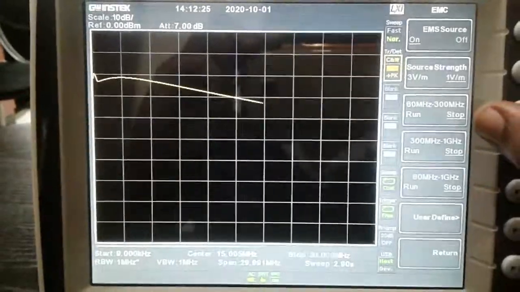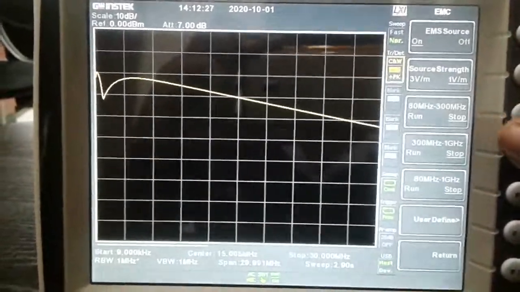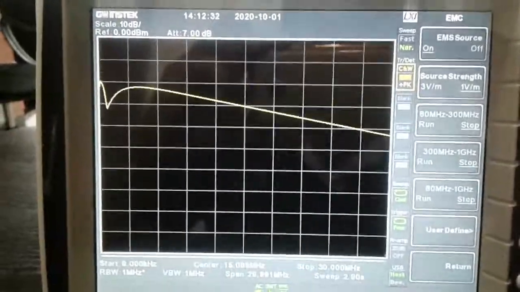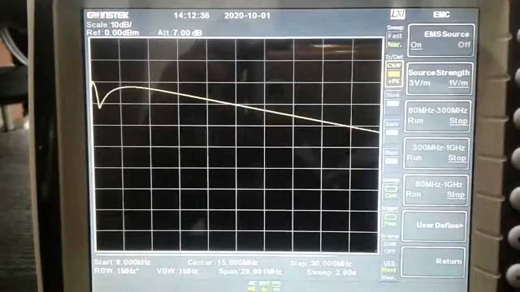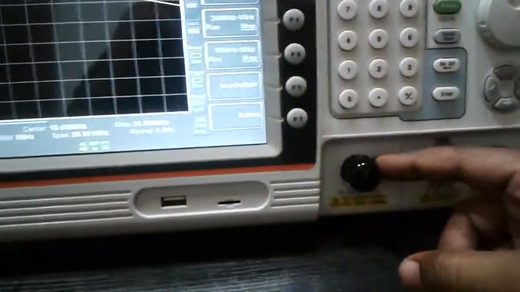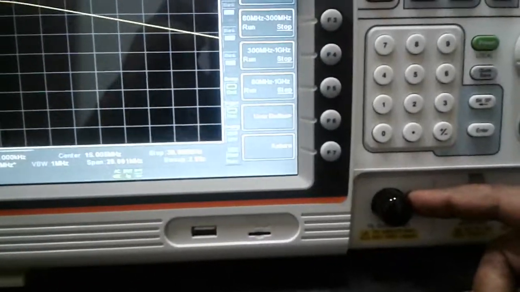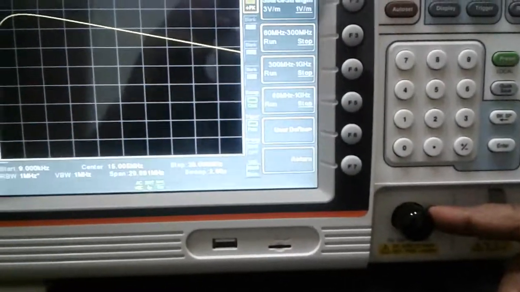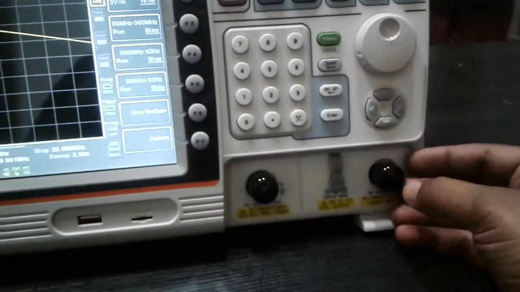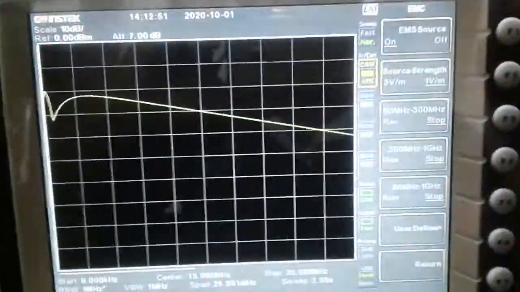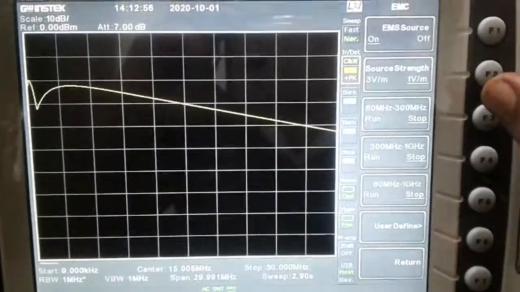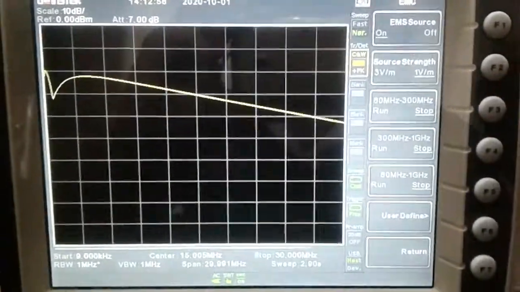This is a dedicated EMS source. This is a very important factor if you want to test the performance of your DUT in the presence of excess noise or a noisy environment. At that time this tracking generator will provide the signal that will feed to the antenna, and the antenna will radiate it on the DUT, and the return signal we can collect from here. These are the dedicated EMS inbuilt facilities available in the 9330 software.